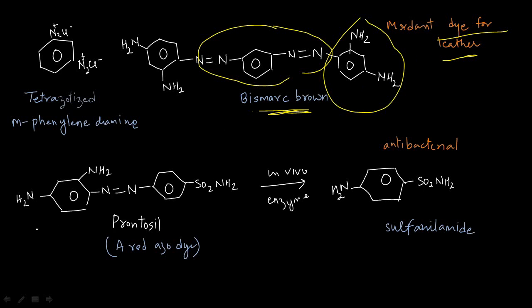Now the next and the last azo dye that we are discussing is Prontosil. We're not discussing the synthesis, but something nice that happened as a result of an accident. There was this German scientist, Domagk. He found this dye. He tried to dye a bacteria with this. So what happened when he dyed this? It underwent a conversion and it formed a drug,